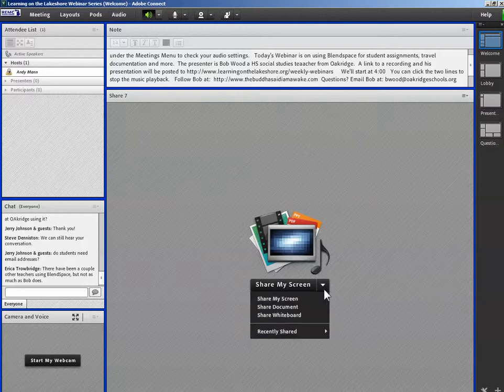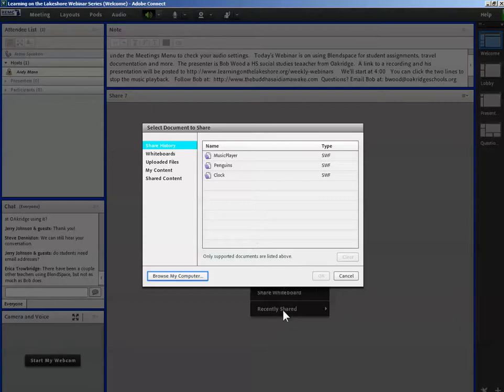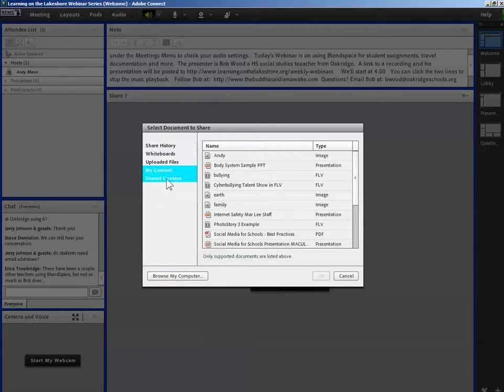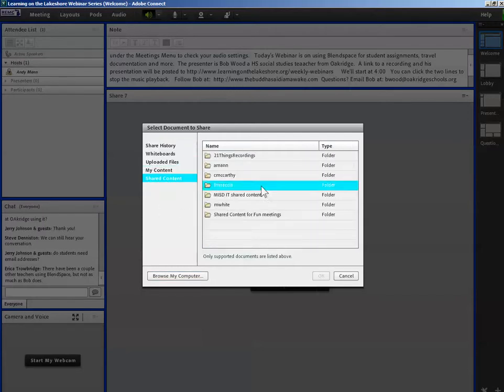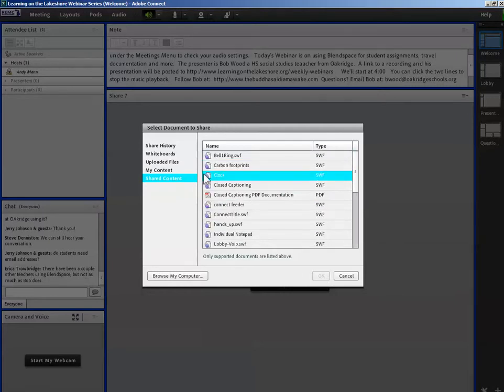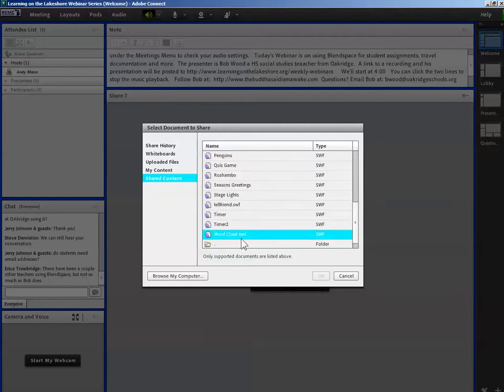You'll say share my screen, and you'll come down to share a document. I don't know why they call it a document, but they do. And then over here, I'll poke my nose around in here until I can find this folder that says all of these, and one's called shared content for a fun meeting, and down here is where they have some activities. Okay, and if I want the one, maybe I'd like to have the clock up here, so I can click